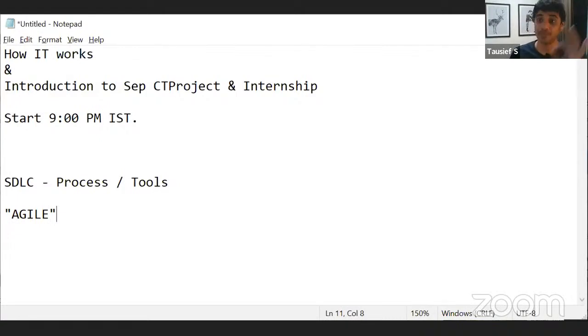Next, I have seen that a company have trained their full 1,000 employee company. They trained on agile and they started applying agile in the project. Okay, so that means company is ready to put money for training people on agile. So this is something really common in the current times. And in your resume, you can say, I can work on agile based projects. I worked on agile team while I was doing internship. It will carry nice amount of value to you, because if you're not aware, then you will spend time in learning that. Okay, so as part of today's session, we will discuss about what exactly is agile